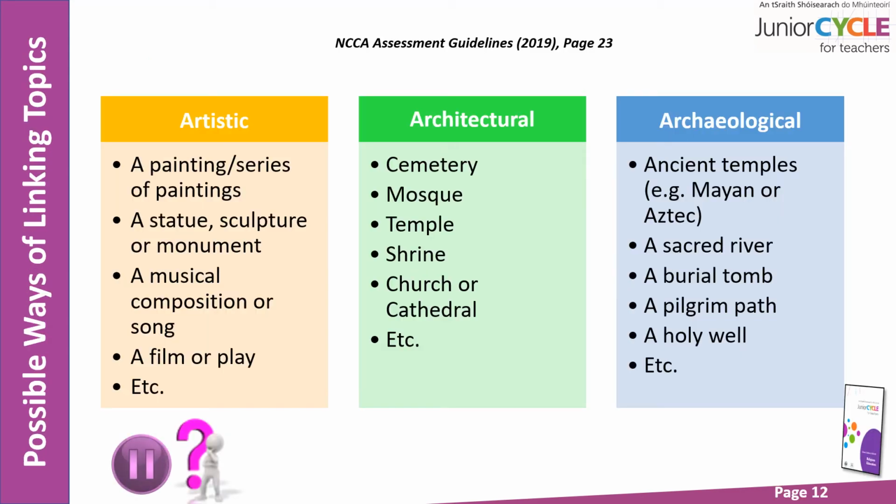The assessment guidelines give us the following possible prompts and pointers as a starting point for students choosing a topic. These are just examples, and the list is not exhaustive by any means. I invite you to think about examples that your students might decide to explore. Draw up a list of possible items or places, and if you are with colleagues, take time to discuss how the search for meaning might be explored by students in your classroom.